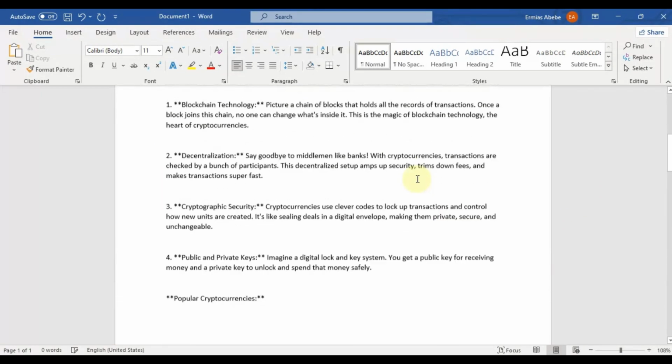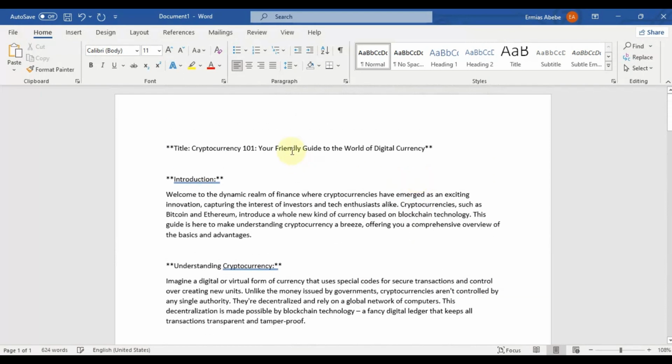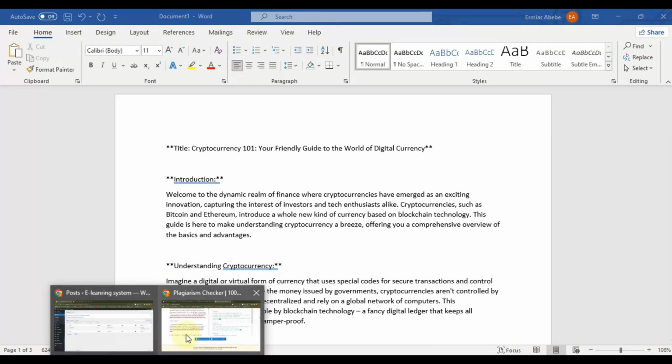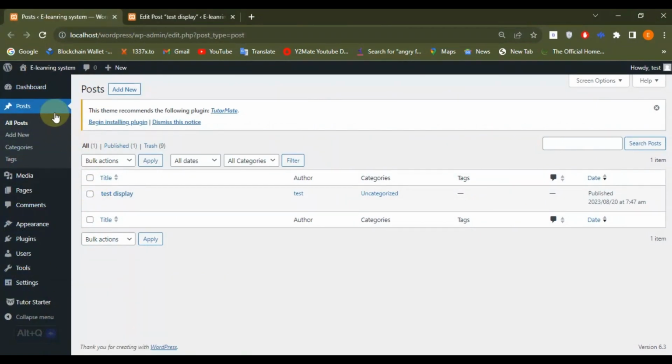Once you have replaced all duplicated content, we jump to the next step. Step 3 is to publish this content as a blog post on our WordPress website. To do that, go to your WordPress website, then go step by step. First the title, edit the font and necessary things, then